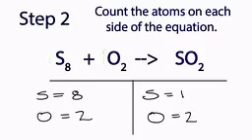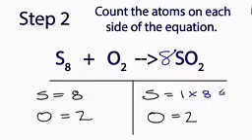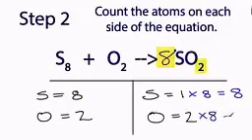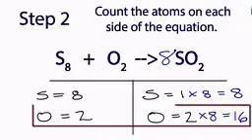That is, we are having 1 coefficient value, 2 oxygen atoms, 2 oxygen atoms. Oxygen atom is balanced. Now, what about sulfur? Here I have 1 sulfur atom on the product side and 8 on the reactant side. So a multiplication factor, that is the coefficient value 8, is used. 1 into 8, that is 8. Now sulfur is balanced, but the problem is oxygen: 2 into 8 gives 16 oxygen atoms on the product side, but we are having 2 oxygen atoms on the reactant side.